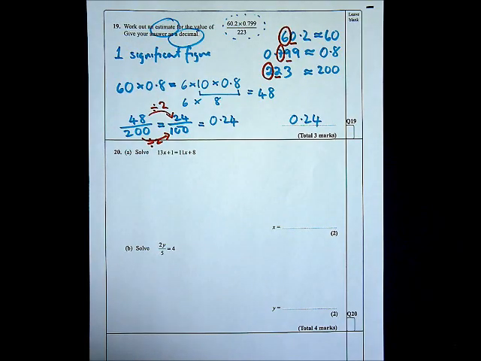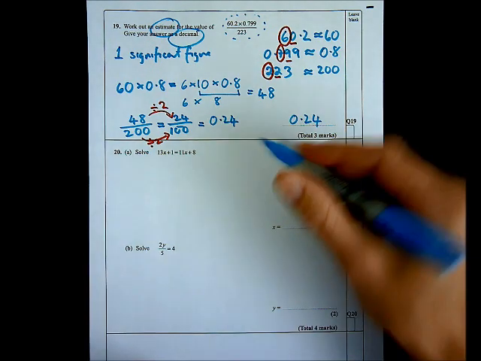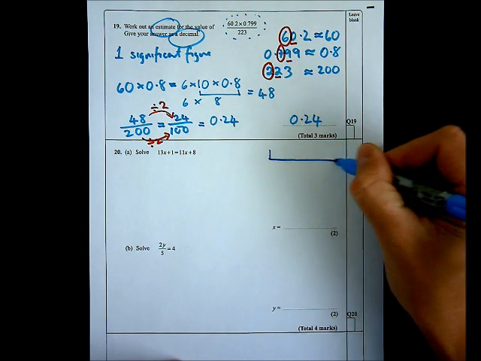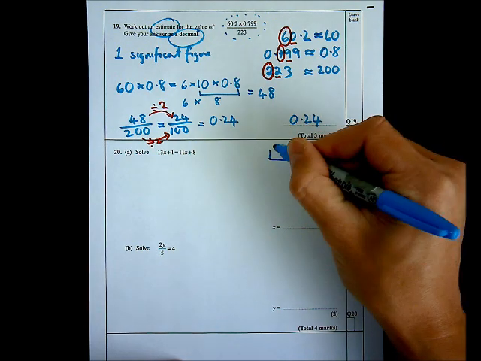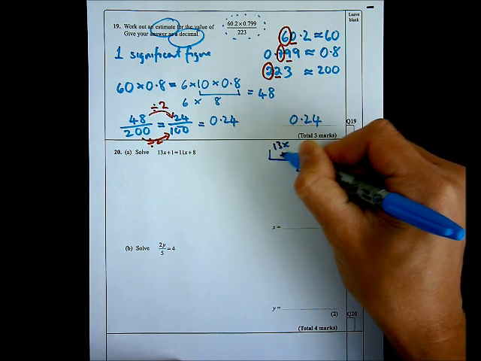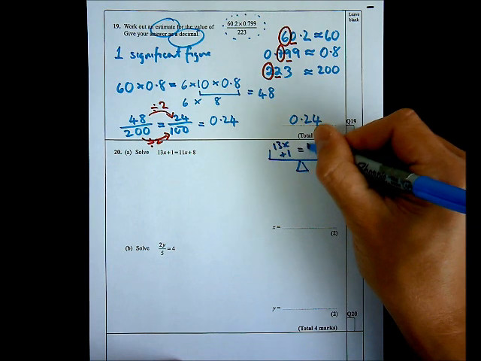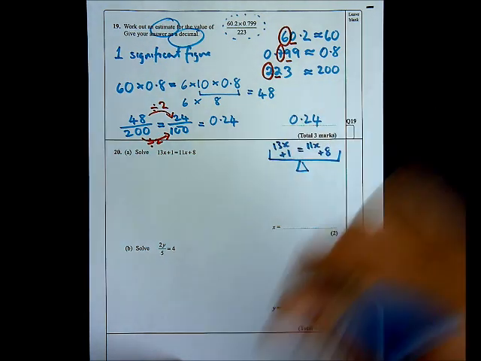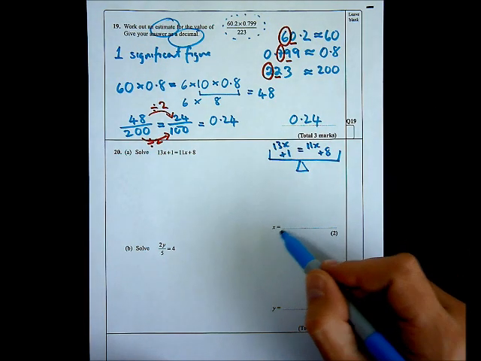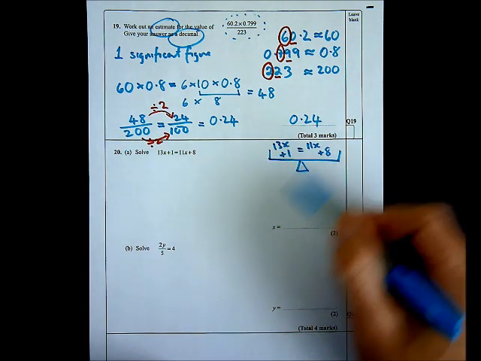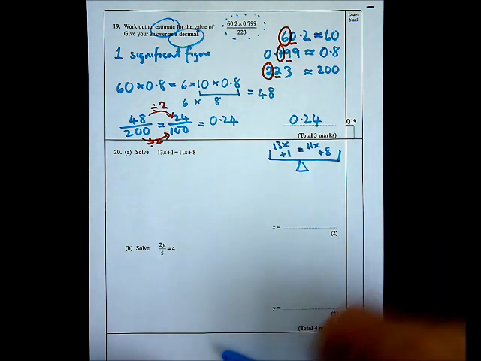On question 20, I'm asked to solve 13x add 1 equals 11x plus 8. So I'm going to draw myself a set of scales over here. And I'm going to write 13x, and I'm going to add 1 on there, and I'm going to have that equal to 11x, add 8. And I'm trying to work down to just x equals. Now I can see that I've got more x on this side than I have on this side, so I'm going to take away